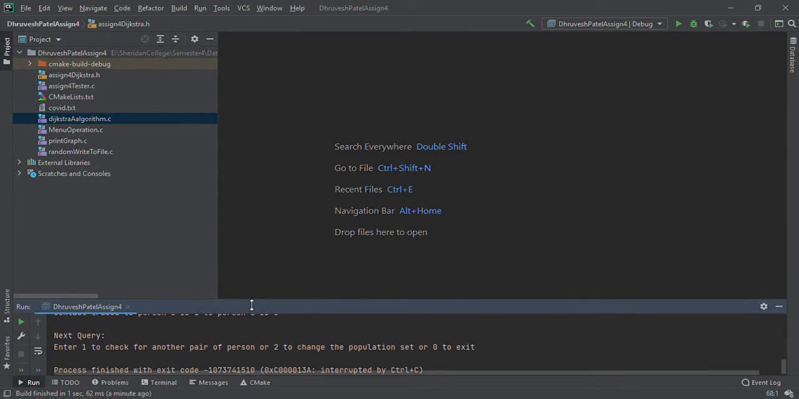Today I am going to discuss assignment 4, which is based on the Dijkstra algorithm. Basically, the assignment tracks traceability metrics or traceability graphs using the algorithm. In the whole program, the algorithm generates the graph from the data provided by